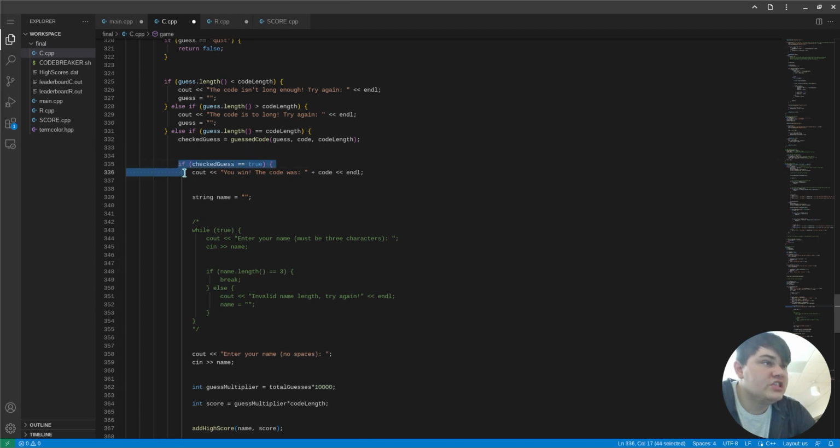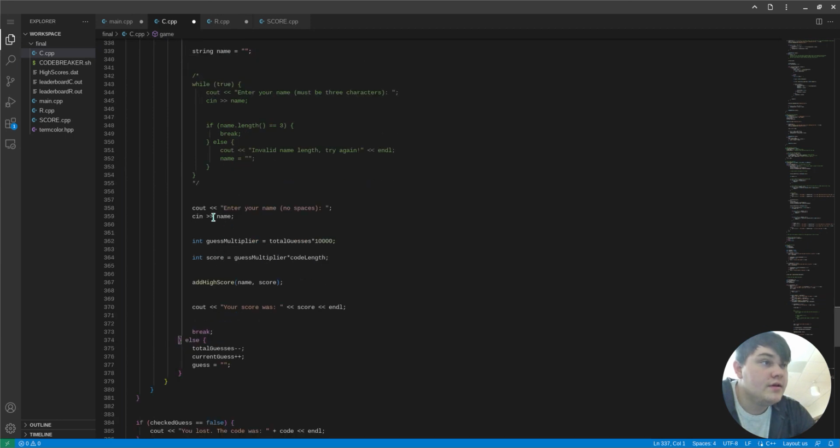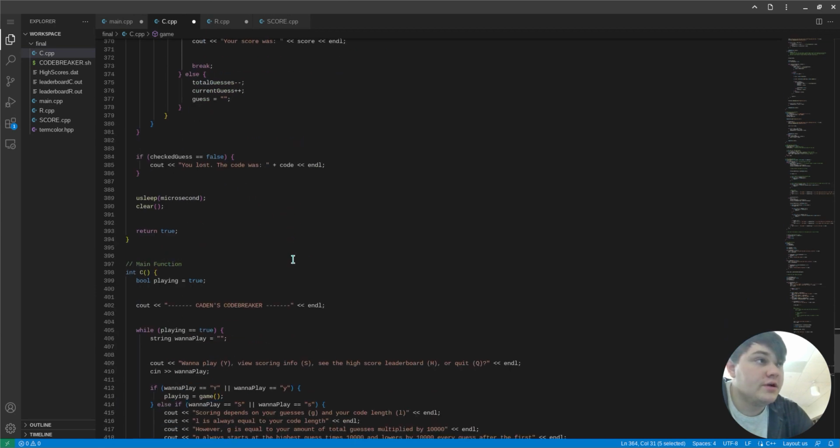So essentially this all repeats until you either guess it or you do not guess it. But if you get the code correct, it'll let you input your name for the high score leaderboard. And this is just the simple how to get your score. It's basically your guesses times 10,000. And then you get your score, and then it'll add your high score to the leaderboard and tell you your